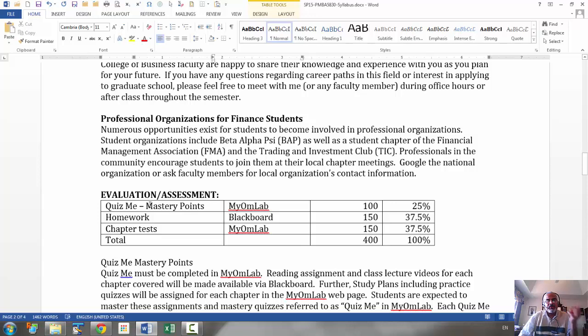And we will have 3 evaluations for each chapter. And one is what is called Quiz Me Mastery Points. This you'll have to do in MyOM Lab. Each chapter will have several sections. Each section will have practice and Quiz Me. And you have to get at least 80% in the Quiz Me. And you can try this any number of times, and you will earn that mastery points. So there are totally like 60 or some mastery points for the entire course, and that will count for 25%